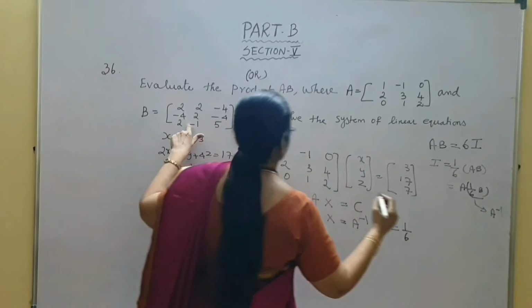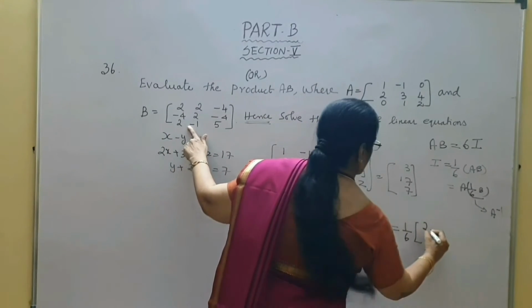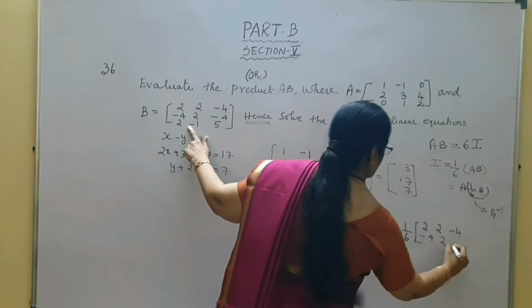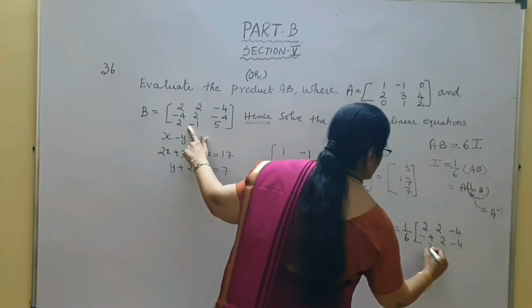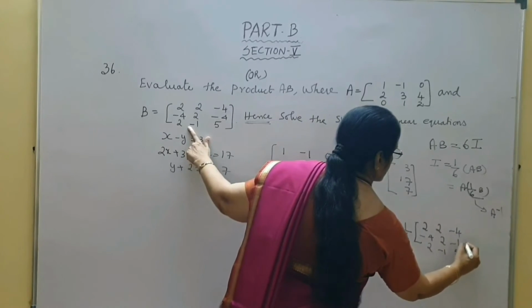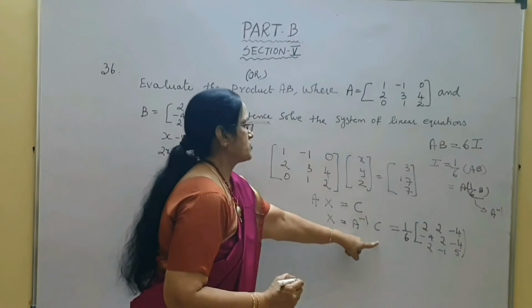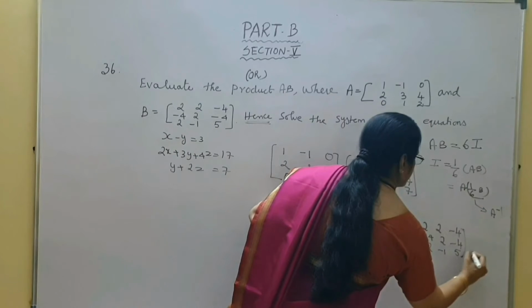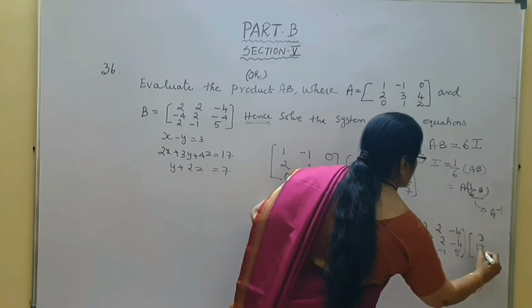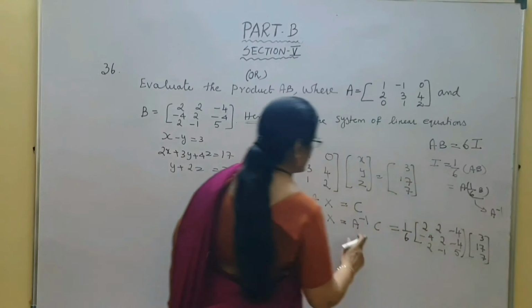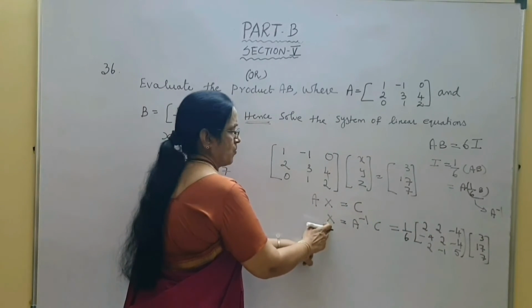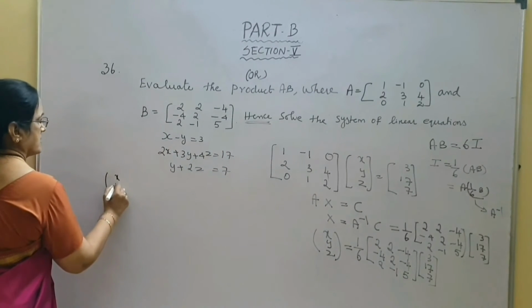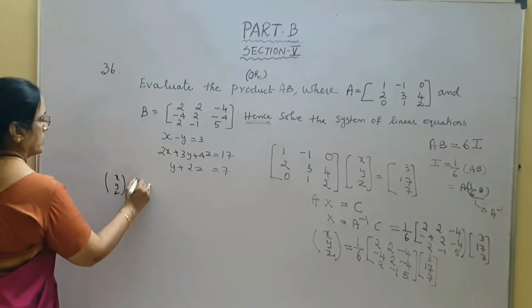What is B matrix? 2, 2, minus 4, minus 4, 2, minus 4, 2 minus 1, 5, into C. C is nothing but 3, 7, 7. That is your X. X is X, Y, Z. Now let us multiply this. X, Y, Z is equal to 1 by 6 of